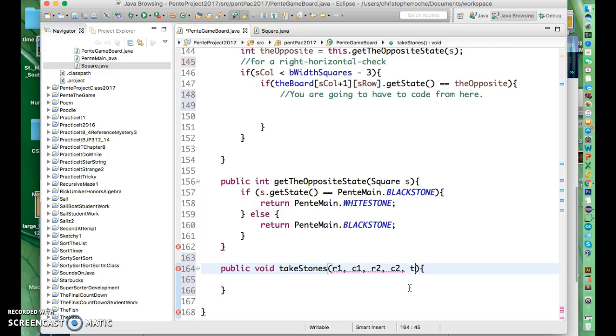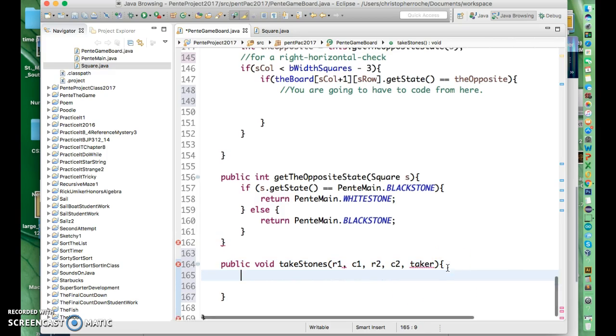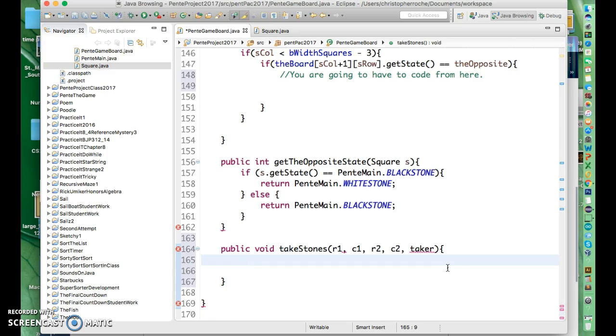Let's send the taker, so just we're clear who's the taker. Okay, and the taker gets credit. Okay, so let's do that. So what you're gonna do is you're gonna go the board. This is to reset. Okay, it's to clear the stones. So you're gonna go like this, and you're gonna go the board